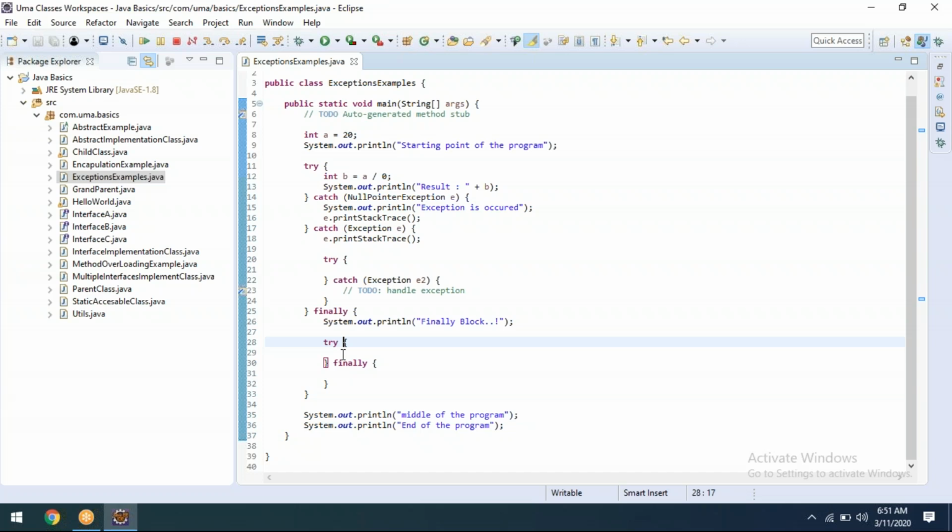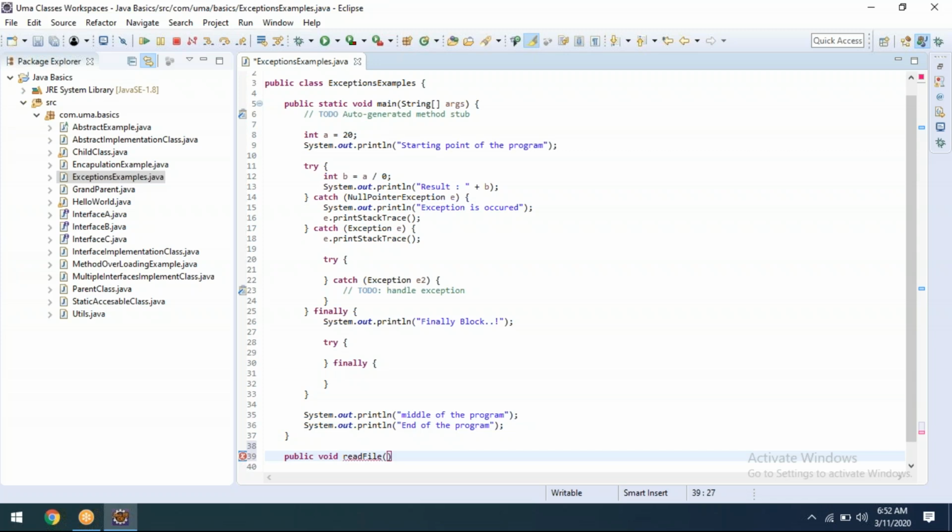See, whenever we go for throws, it's not at the block level, not within the condition level or something else. It has to be applied at the method level. For example, I'm writing one method for namesake: public void readFile, something like that.